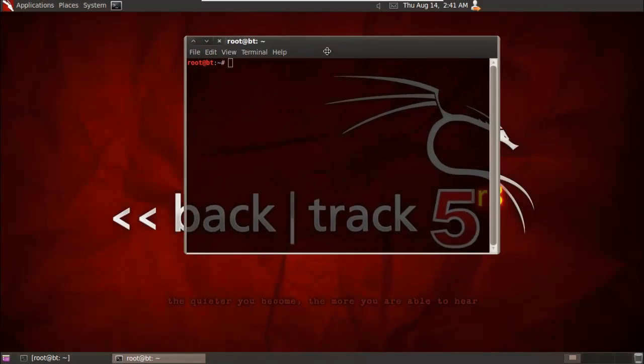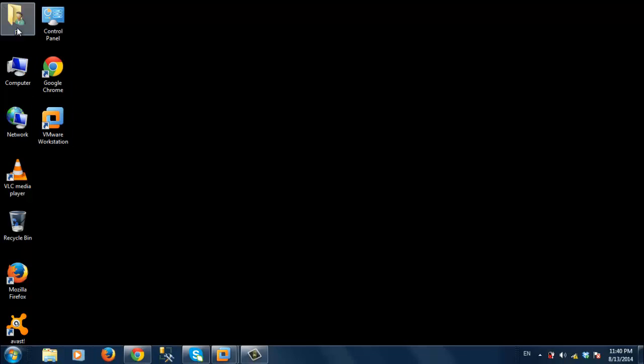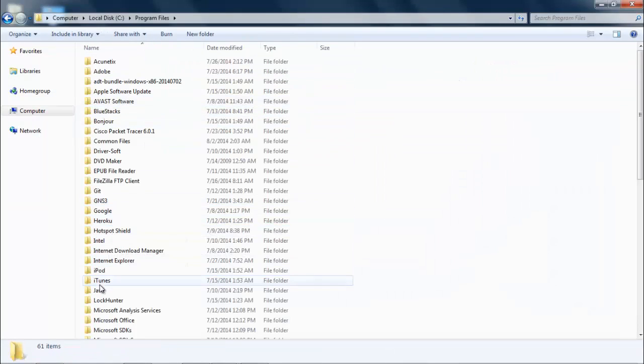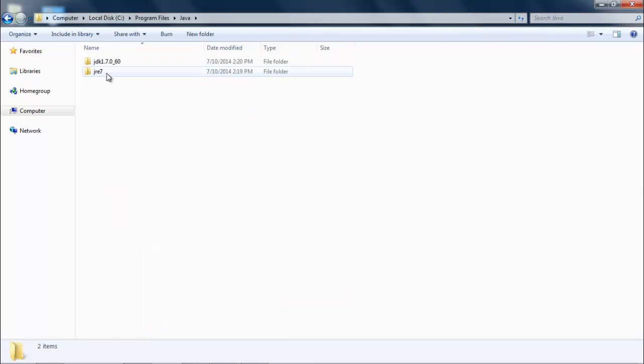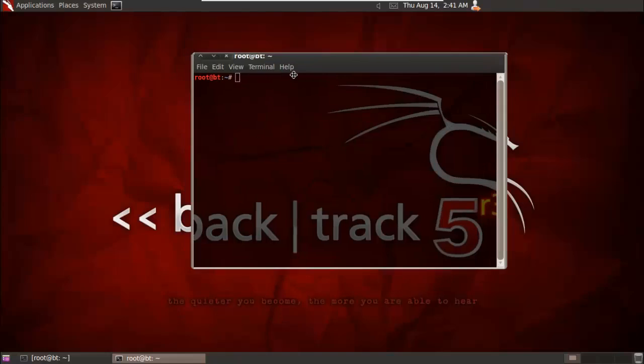In order to actually hack my remote computer, that is this Windows 7, I need to install Java first, because we're going to be exploiting the Java framework of this computer. As you can see, I have installed Java, that is JRE7 JDK. So now we can apply our exploits on the Java framework. That would make it very easy for us to perform the hacking. I would recommend you install Java on your computer or in your virtual operating system in order to perform this exploit. So I'm just going to get back into Backtrack,